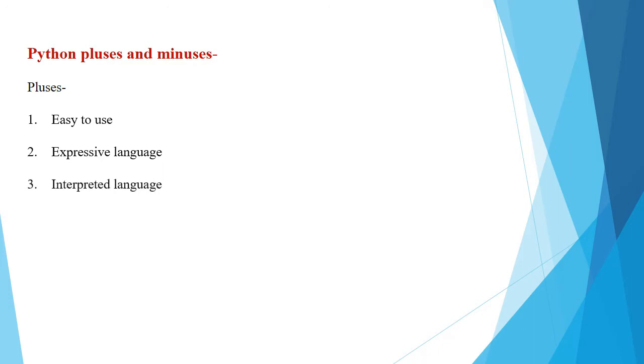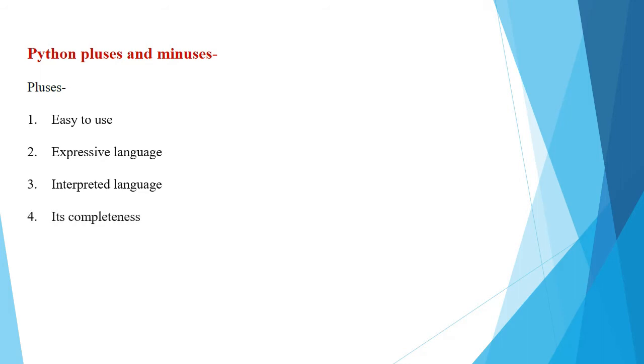Next is the interpreted language. You already know that in interpretation, once a line of code is written, the output of the line is given, then the next line is input, and again you get the output. So line by line execution of the program is done. That's why it is very good for beginners. For those using programming languages for the first time, it becomes a boon. It is a very helpful and handy language for them.